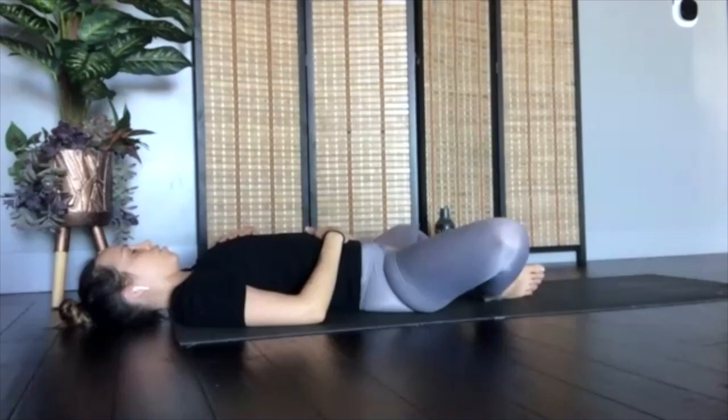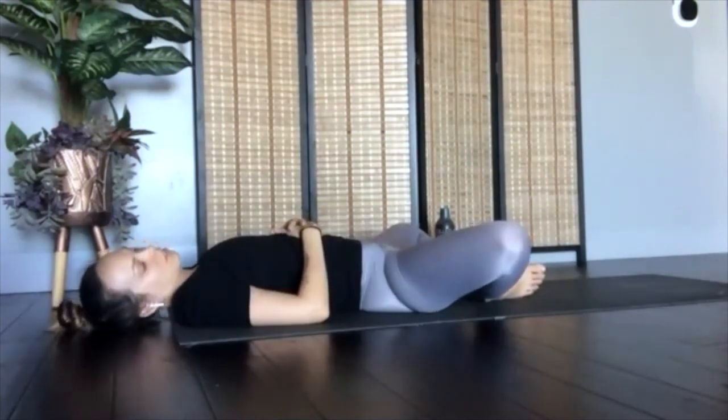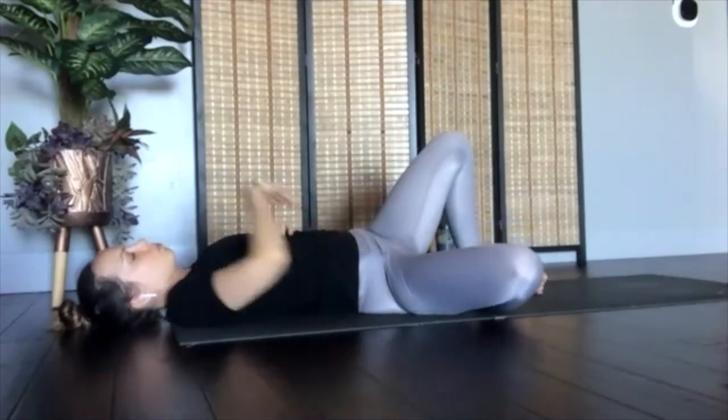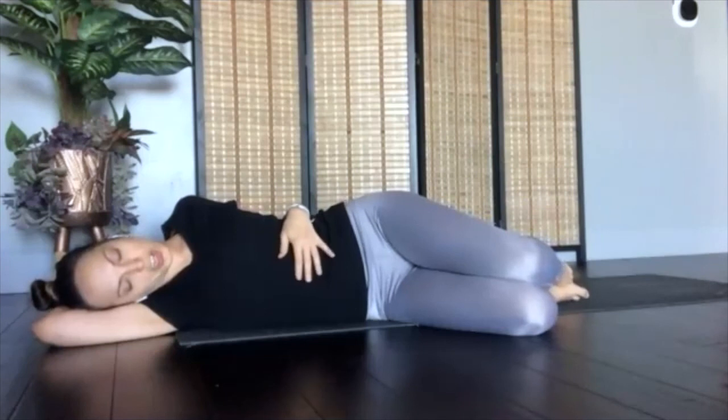If you're ready to move on in your practice, gently find some wiggles in the fingers, wiggles in the toes. And if you're laying on your back, you can rock your head side to side. If you're near a wall, gently come down from the wall unless you'd like to stay and rest more. You're welcome to stay in an extended Shavasana. For those moving on, gently roll over to one side, using your arm as a pillow, coming into a shape